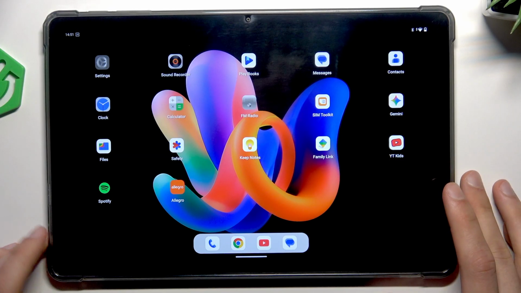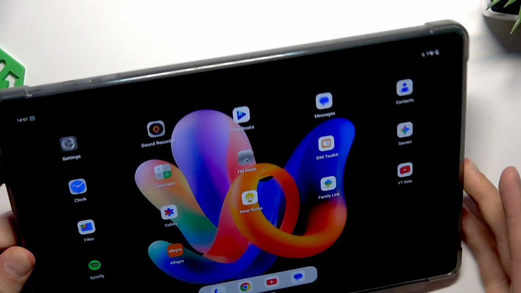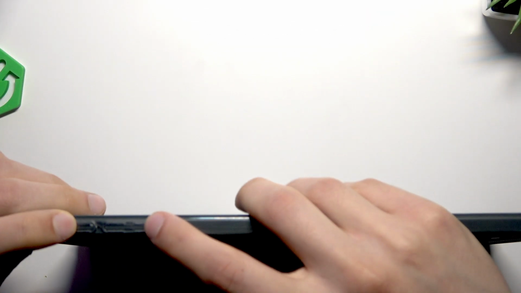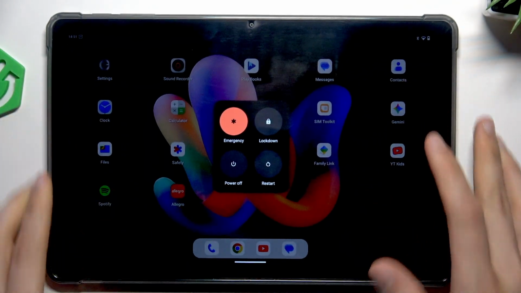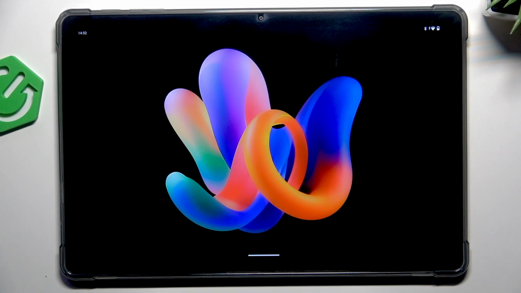The first thing that we can do about it, if the app is crashing or freezing, is to simply restart the tablet by short pressing the power button or the power button combined with the volume up key, and then selecting the restart option. Wait until your device is relaunched, and then give it about a minute to launch again. After that, try reopening the application,